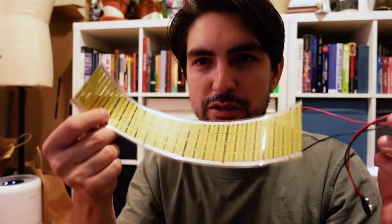I wired this little thing I got from Adafruit. It's like a flexible LED panel. When it's hooked up to the 12 volt plug into the wall, it lights up perfectly, but because we're